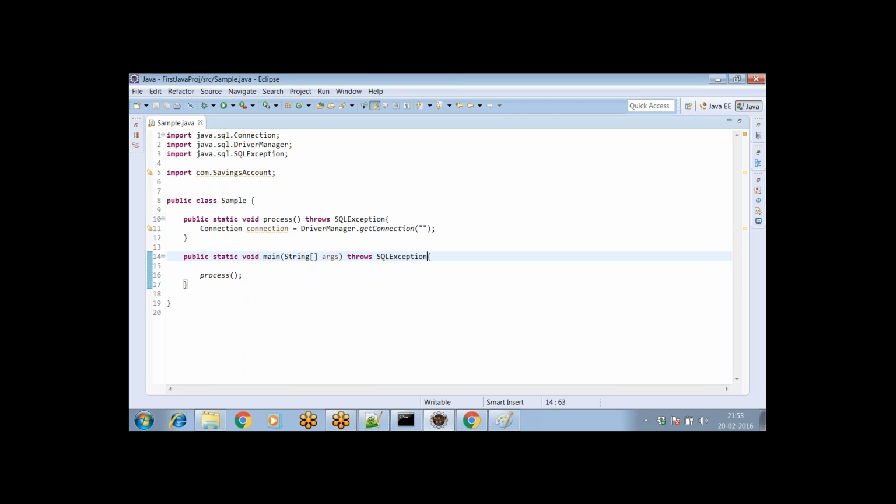Given an exception class, if it is not a subtype of runtime exception,